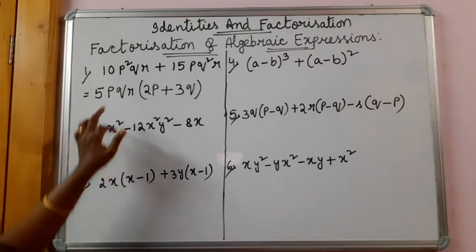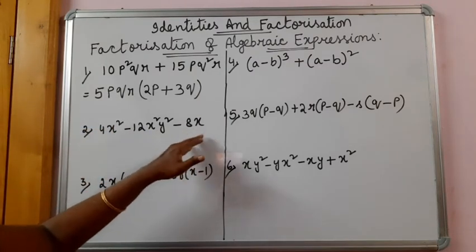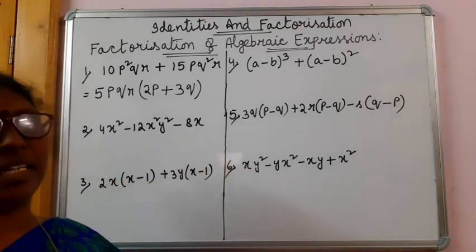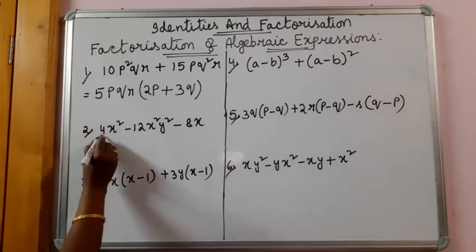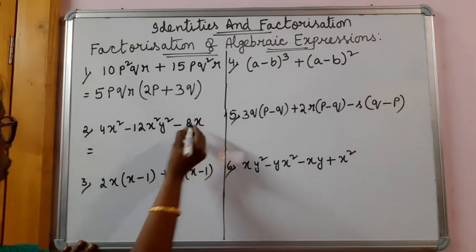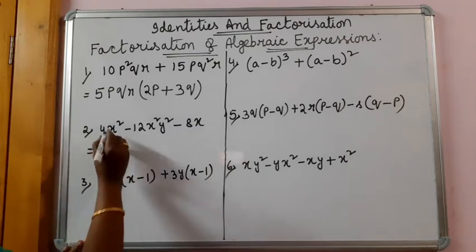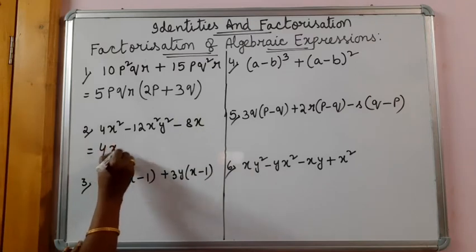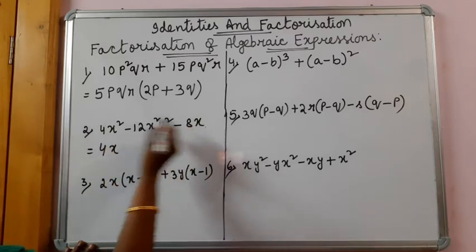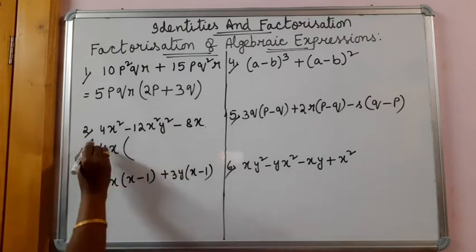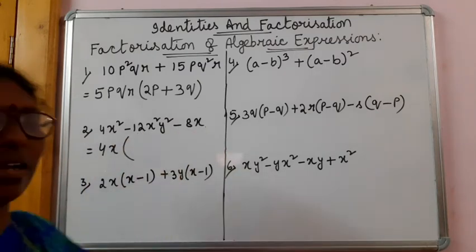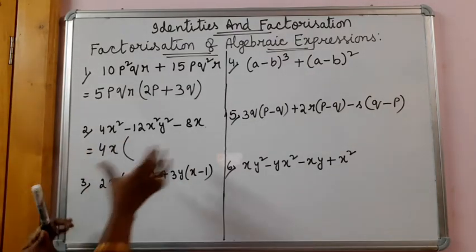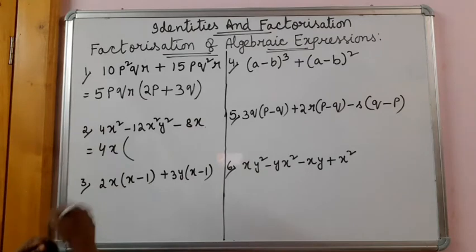Very simple. And here the second one, three terms are there. We have to see what is the highest common factor in these three terms. We can see 4. Here 4 3s are, this one 4 2s are. Everywhere 4 is common. Here is x square, but here is only x. So everywhere x is common. But y square is here, but in these two terms y is not there. So 4x is the highest common factor of these three terms. So 4x.